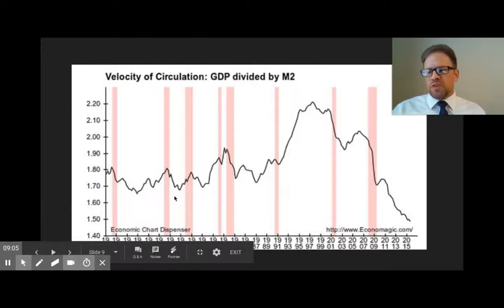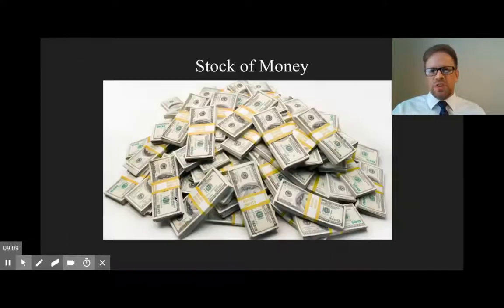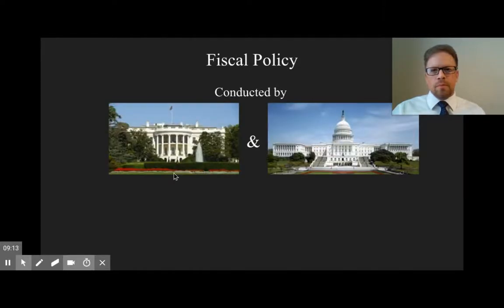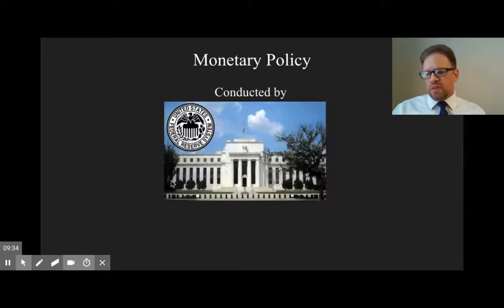Now, fiscal policy uses 5 tools to stabilize the economy, while monetary policy uses just 3 tools to stabilize the economy. So fiscal policy tools include marginal tax rates, tax incentives, changes in government spending, public transfer payments, and progressive income taxes. We'll talk in depth about how those work later. And monetary policy tools include reserve requirements, discount rates, and open market operations.